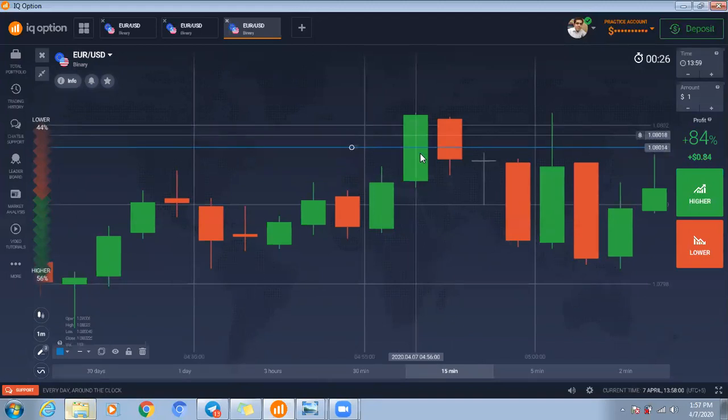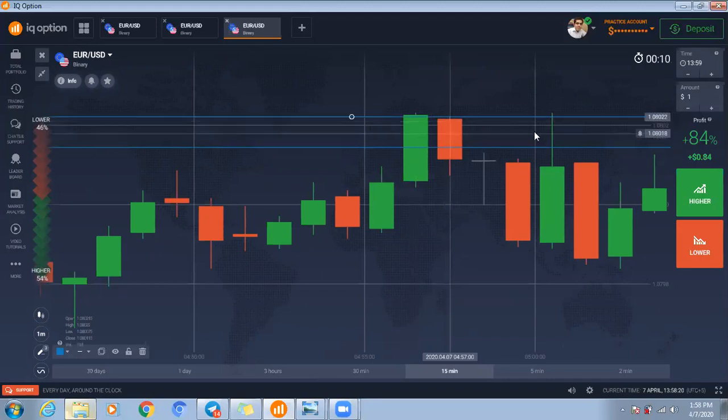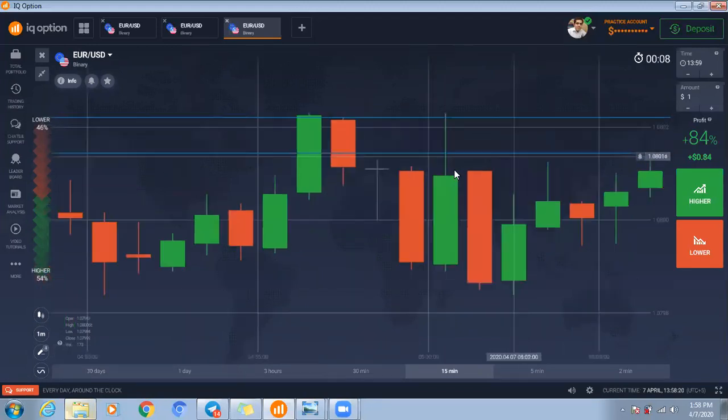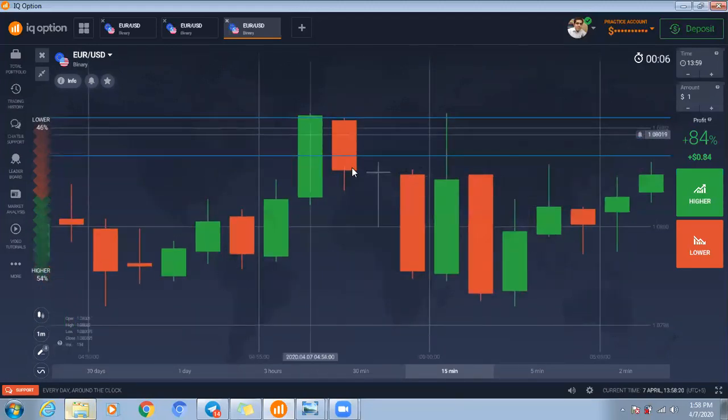Okay, this is the 50% level. Don't leave the two candlesticks. When this candlestick touches this area and this area and this area, it is rejected two times from two key levels. Look at this key level also, and this key level also. After that, you follow the pattern and this candlestick goes down.